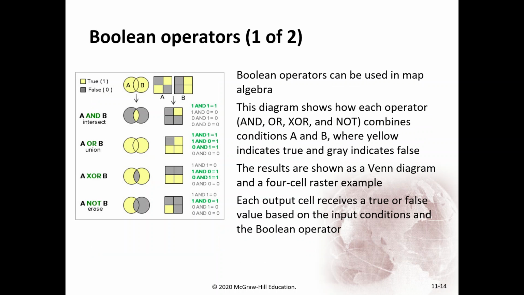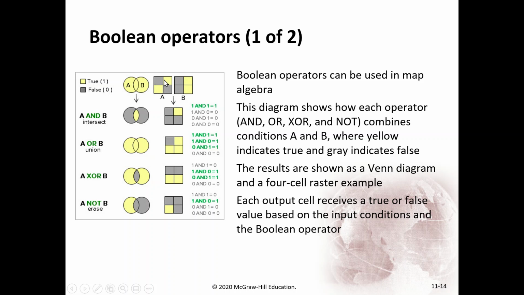So for example, remember our good old friends and or? This at the top is a little Venn diagram on the left. Remember those things. I hope that's not too much of a trigger problem. But if you and them together, you get the cells that have these. Imagine these are two rasters that kind of overlay. We put them together. A and B gives us those values. And these are little truth table things where here's an input raster on the left and an input raster on the right. If we and these two rasters together,